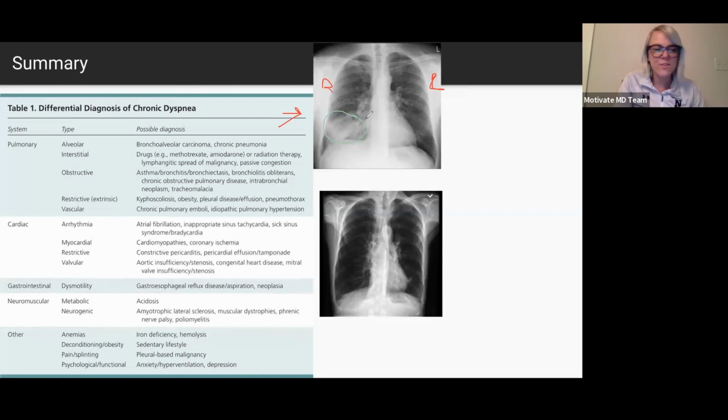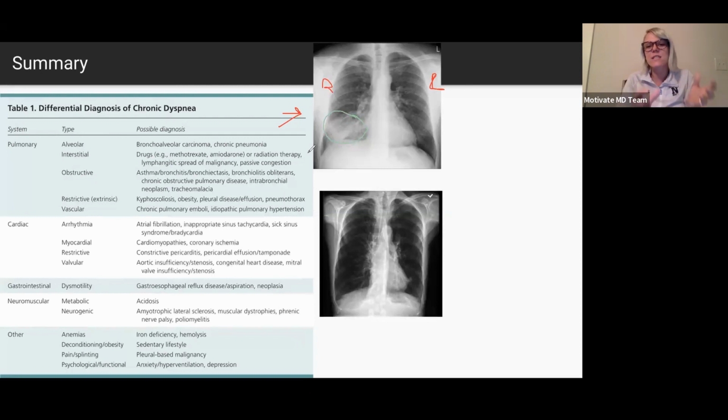And whoever circled it in green, you can proudly say that you're right. You can send a shout out in the chat, say it was you, because you deserve credit. You're absolutely right. I would circle that same area, and this patient, yay, you did it. Adrika, I hope I said your name right. You did it. That is what I would call a pneumonia there.